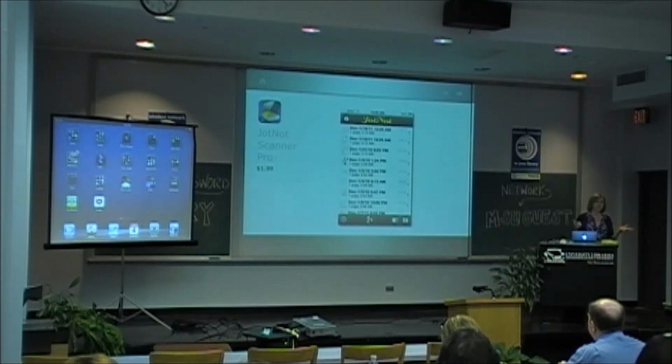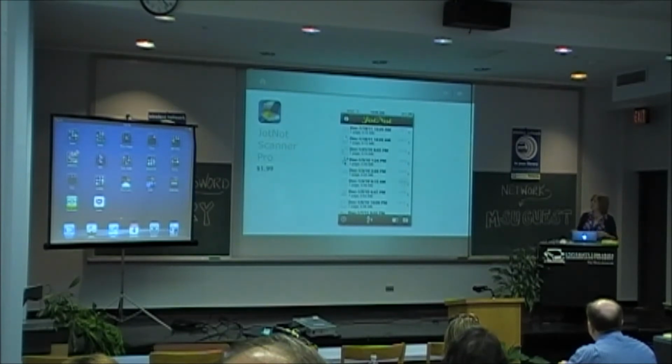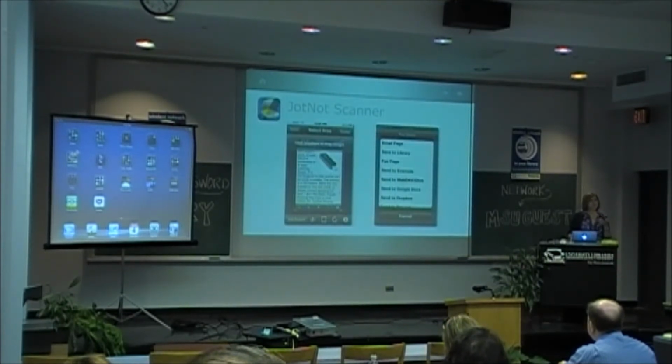So I don't even have a USB scanner anymore at home like I always used to have. This has totally taken the place of it for me, because I always have my phone with me. If I need to scan something, I just open it up, take a picture, and what happens is it has